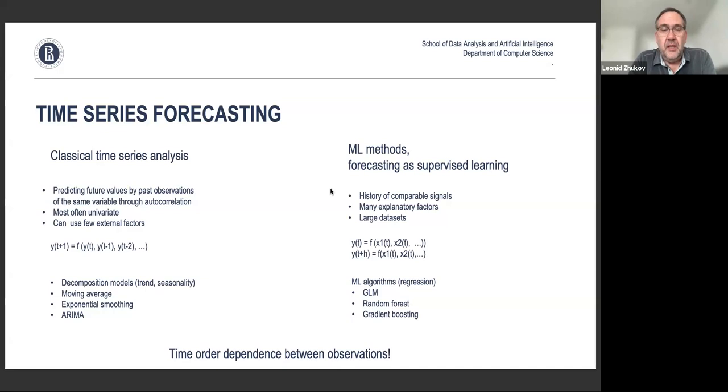solve it. Now, there are a couple of things which are important, which make a difference compared to non-time-dependent modeling, is that the order of observations here matters, right? You cannot just randomly permute observations. That is very important here. I'm not putting here the state-of-the-art methods, which are methods based on deep learning, and today even on transformers. But that's something that people currently use a lot for time-dependent data, if you have a lot of that data.